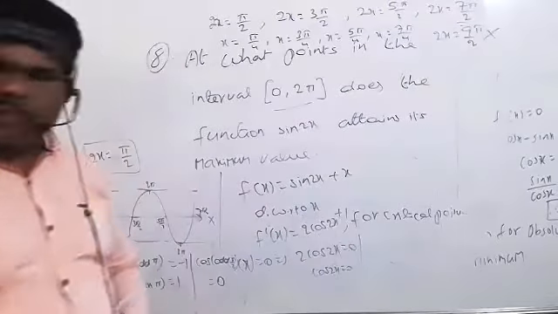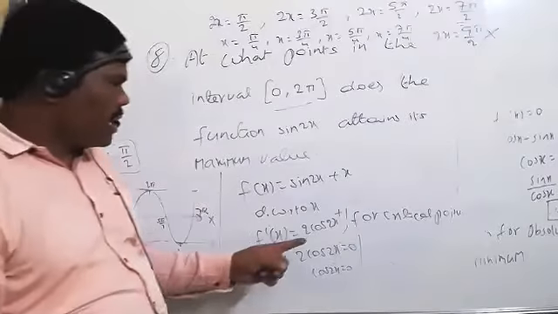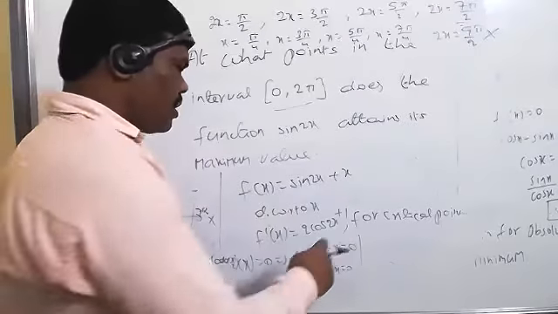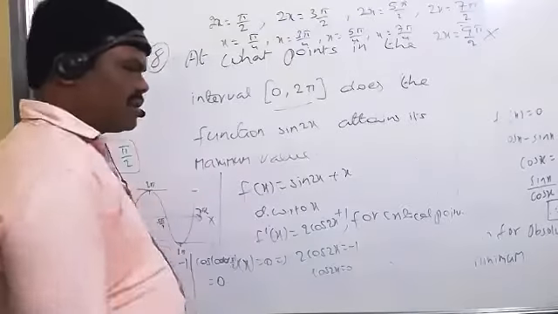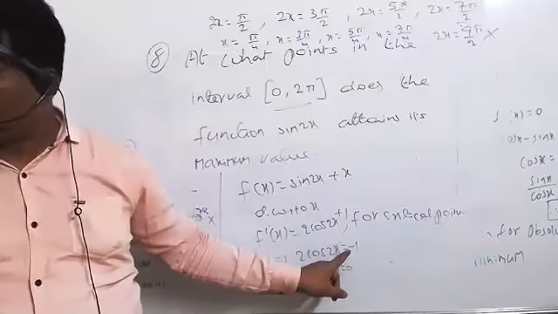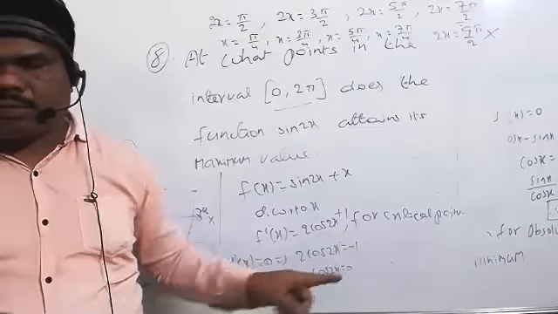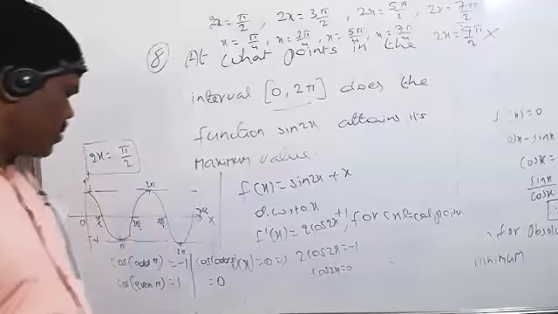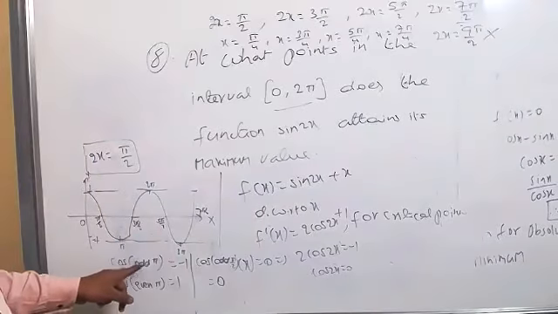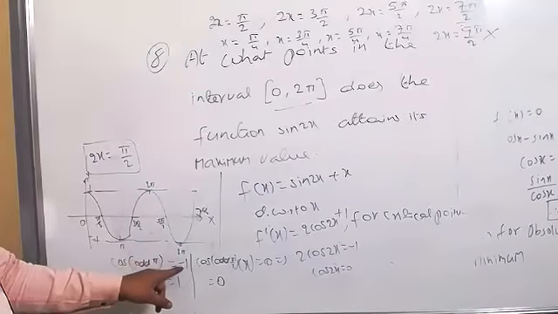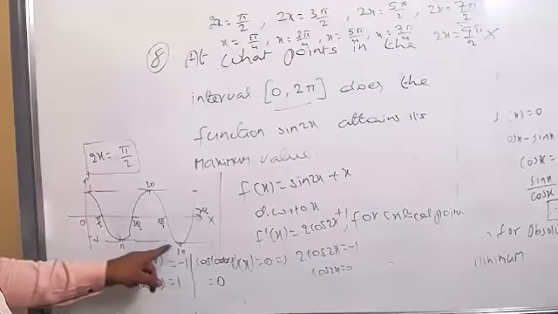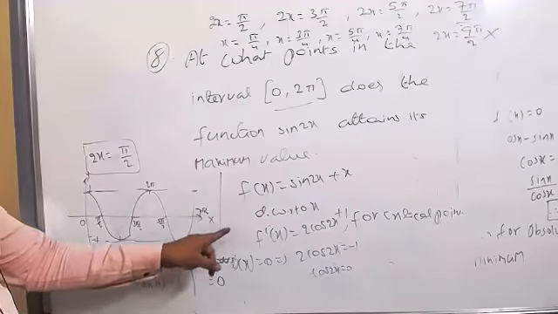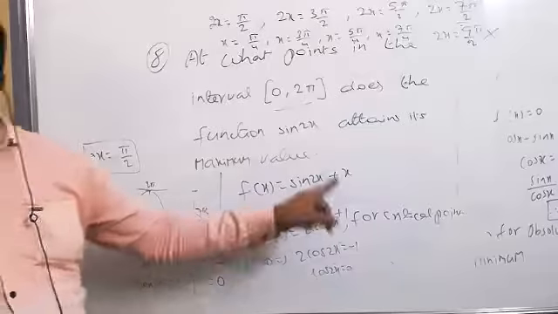Am I correct? But in this case, when you are taking f dash of x equal to 0, then 2 cos 2x equal to, clearly we got now, minus 1. Now in this case, what are the points we are taking when it's possible? The cos of odd multiples of pi must be equal to minus 1. That means clearly we have to take pi, 3 pi, 5 pi, 7 pi, those values we have to take.